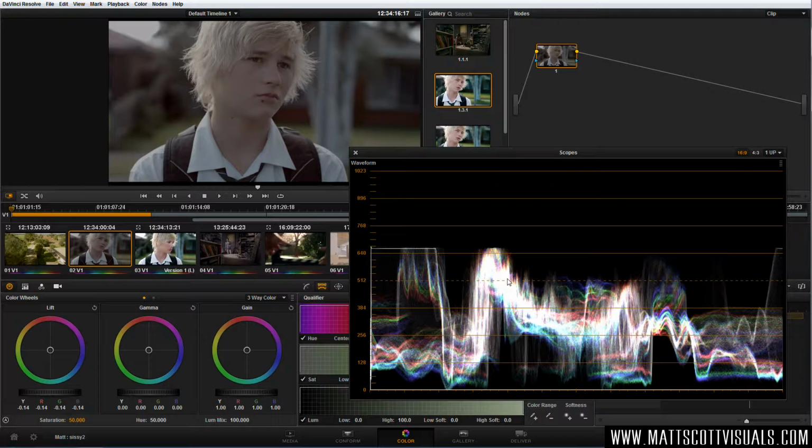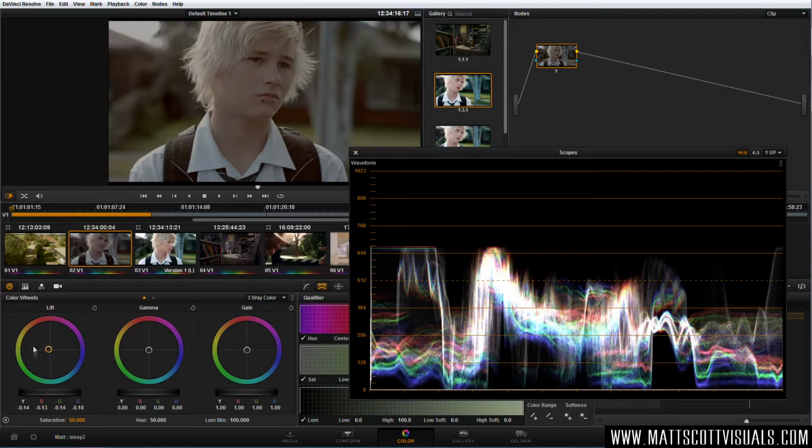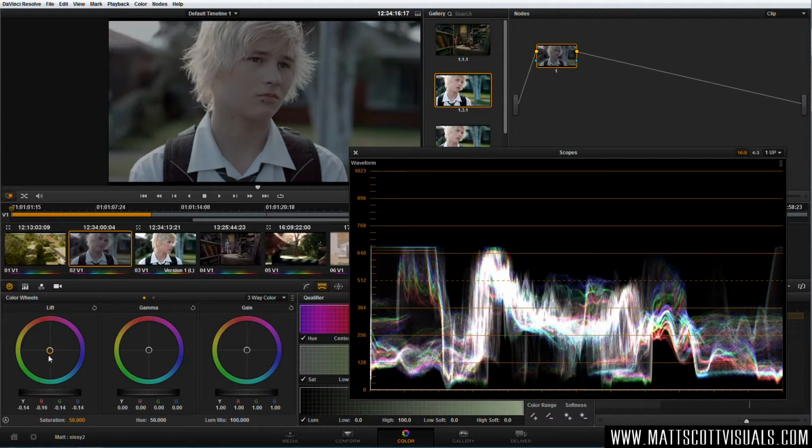This is really important to understand because when you look at the shadows, you'll notice that they're actually blue and green, and the red is sitting much higher. So when you're balancing an image, first we want to create contrast, but we also want to keep note of the color cast that lies within those shadows. So how do we adjust that? Well, let's jump straight to our color wheel this time, and let's slide it around and just look what happens to those shadowy colors. What we want to really do, if we really wanted to balance out these shadows, is we want them to be white. So if we just slide them around a little bit,